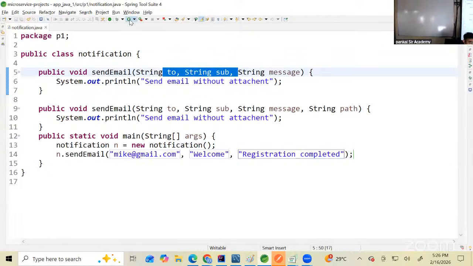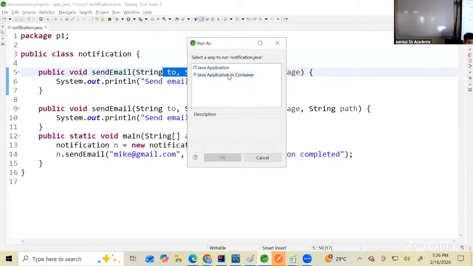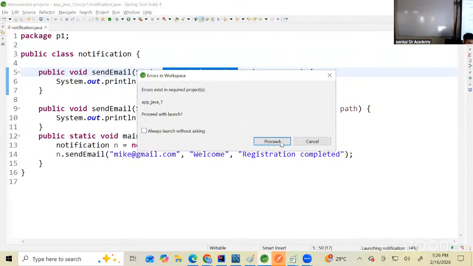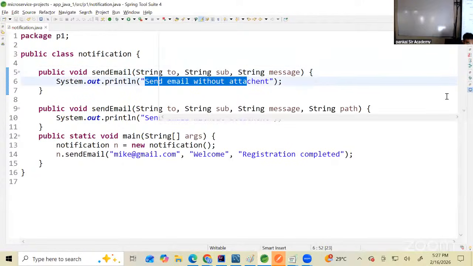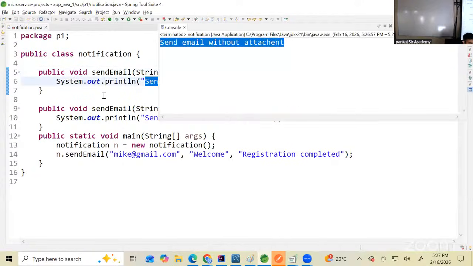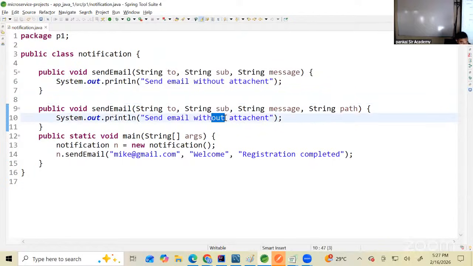Now see, this sendEmail number of parameters matches with this. So we are going to call the first method, which will run here and print an output: sending email without attachment. Now when I call this method,